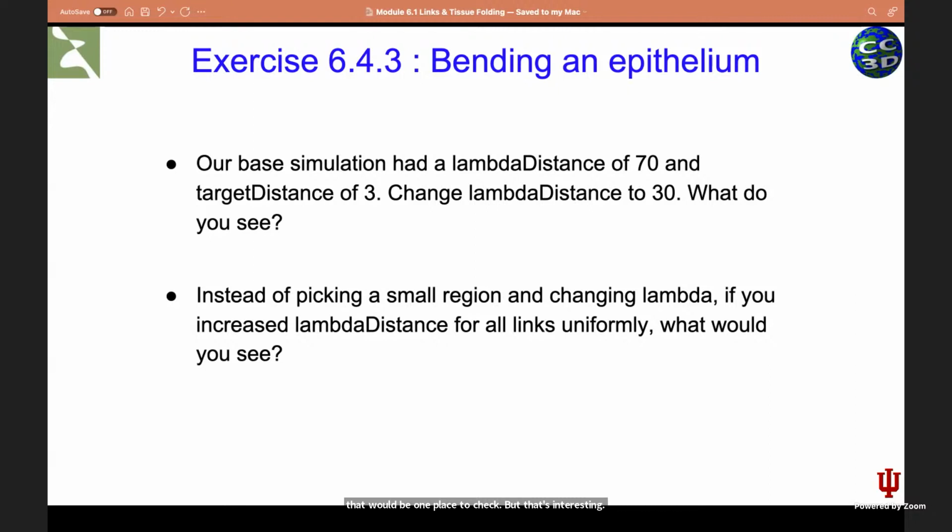Is anybody else facing any issues? So you can try running the 6.4